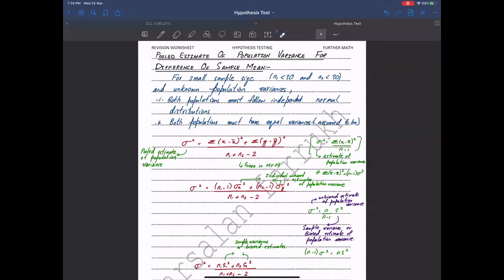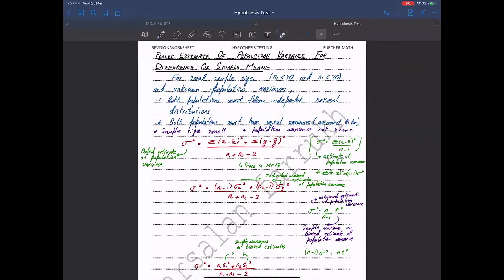to move forward. So guys, the important thing over here is that I can't perform a test. So I make an assumption that both populations have equal variances. And when will I make this assumption? I will make this assumption when I notice two things. Sample sizes small, and population variance not known. If I spot these two things in the question, that sample sizes are small and population variances are not known,